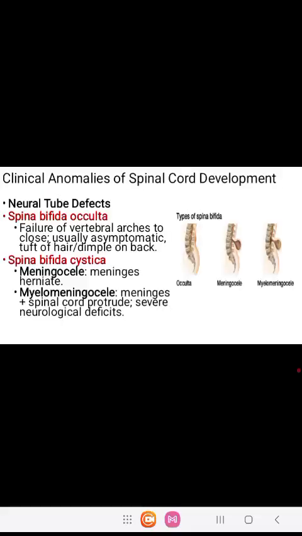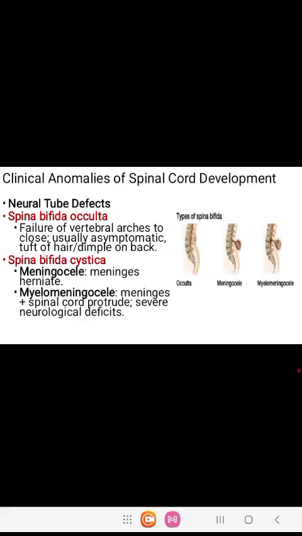So let's talk about the clinical anomalies that can arise as a result of development of the spinal cord. We begin the development of the spinal cord by talking about the neural tube. So there are sometimes where there are defects in the closure of the neural tube, leaving a gap in the vertebral column. Don't forget I said that the vertebral column development is closely linked to that of the spinal cord. So failure, or if there is an opening in some area of the vertebral column, it could result into